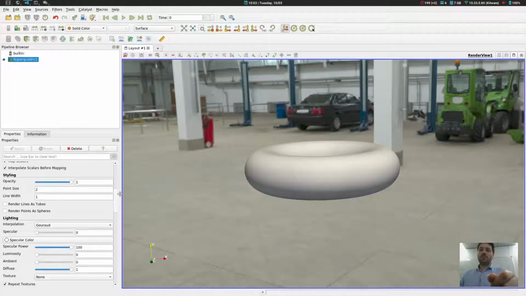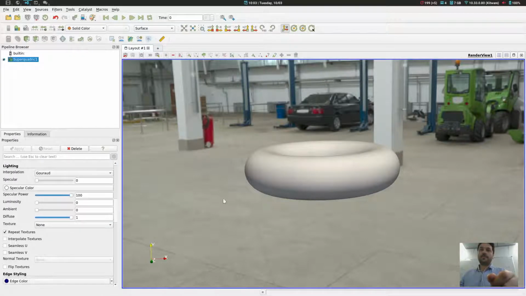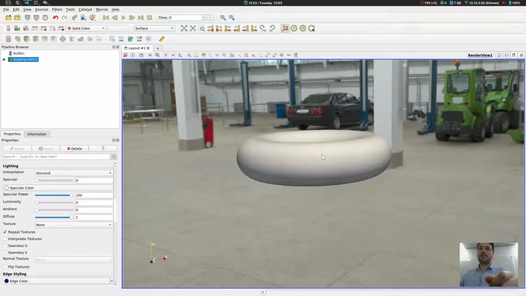So, in order to configure the material of the surface, you have here a property group that is called lighting. By default, the default material of ParaView is actually Gouraud. It is known also as the Phong shading.